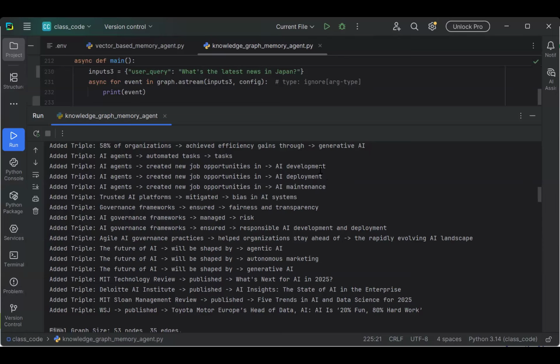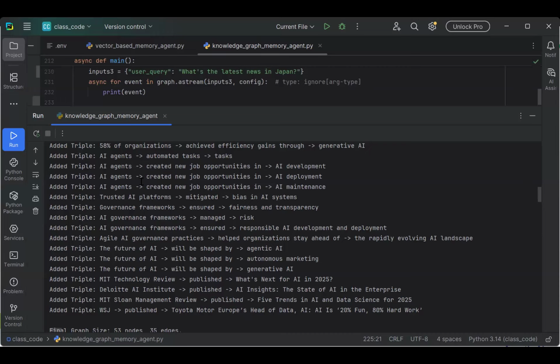With vector-based memory, when you are trying to retrieve information from a vector-based memory, any of these can be returned since it's the same distance. And so the model can use any of those in its response, even though that one may not be the most appropriate. But with the knowledge graph and knowing the exact relationship,